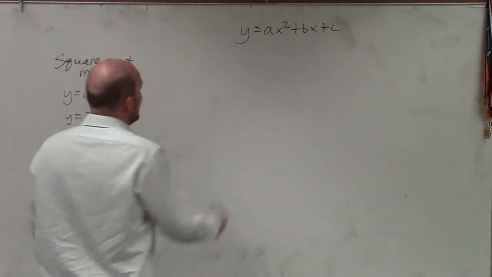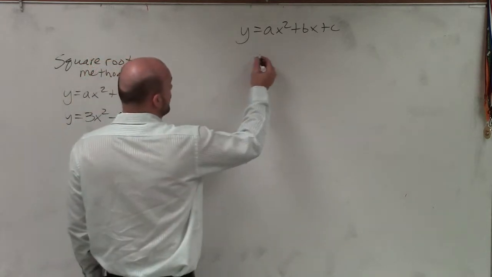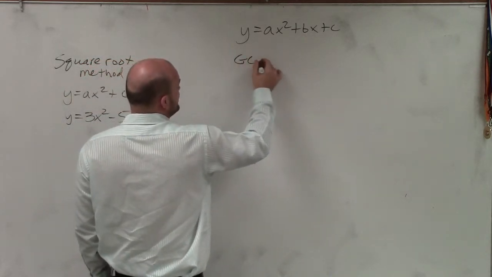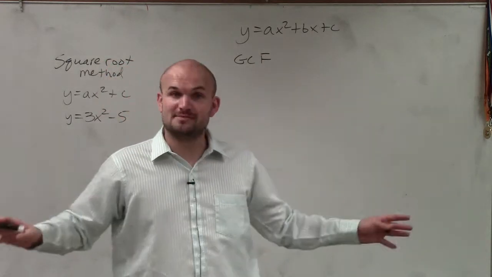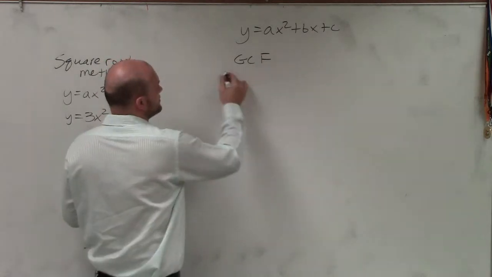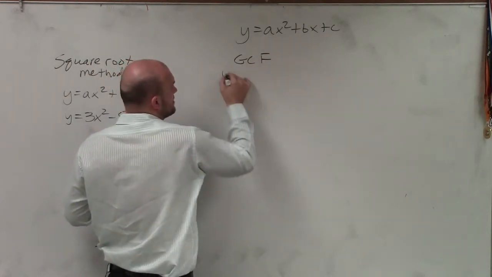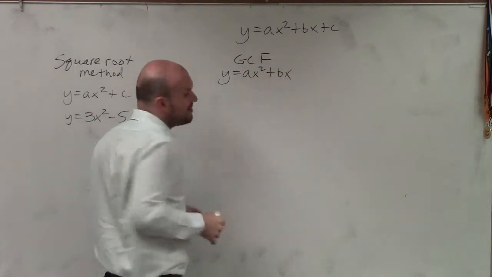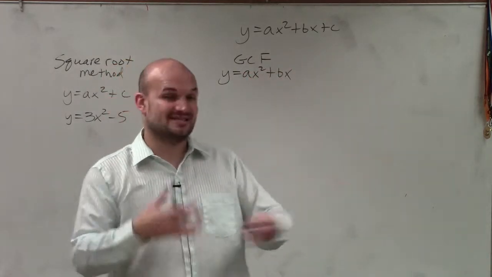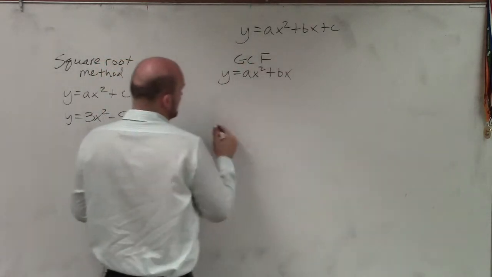All right, and there are a lot of different factoring techniques that we're going to discuss. One is going to be factoring out a GCF. GCFs apply to factoring all types of problems, but also when we have a quadratic with just the first two terms, that means y equals ax squared plus bx. This way, we can just factor out the x and any other common factor and then solve. Then when we have all three terms,